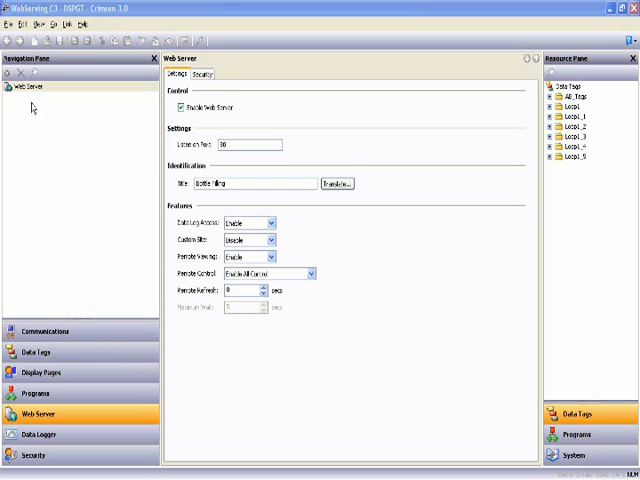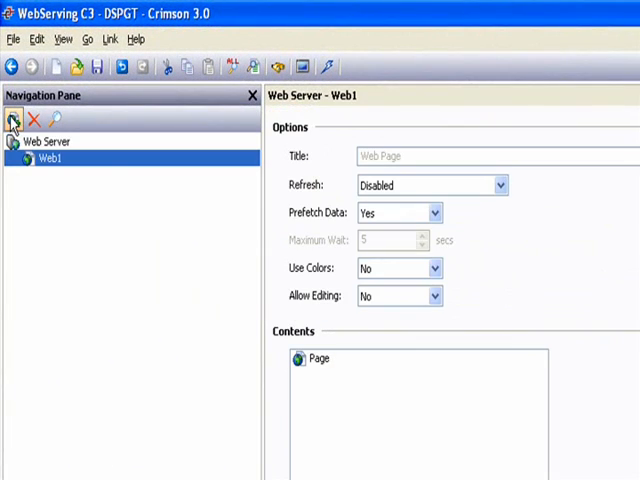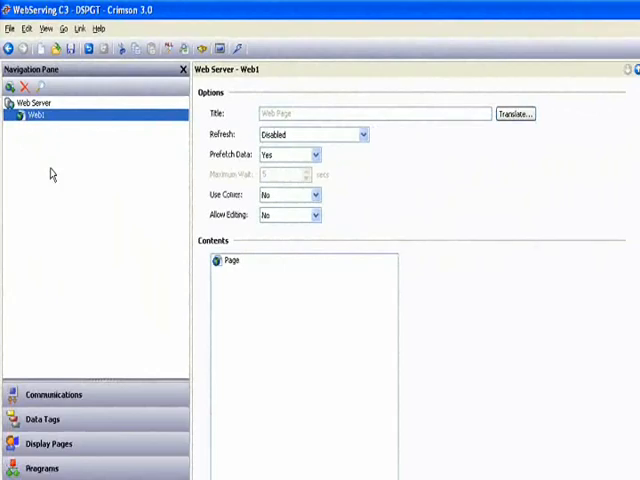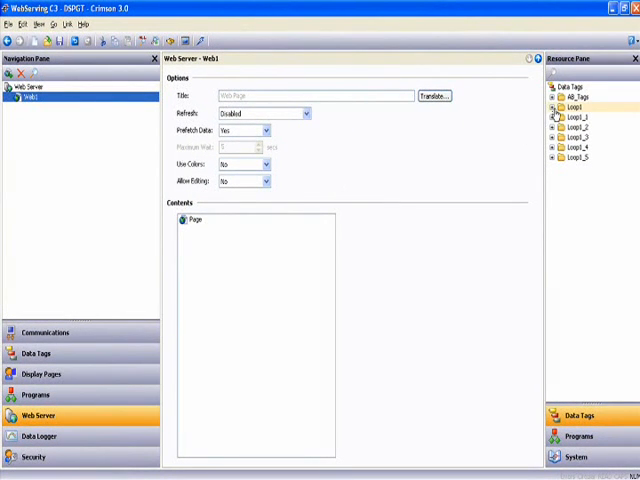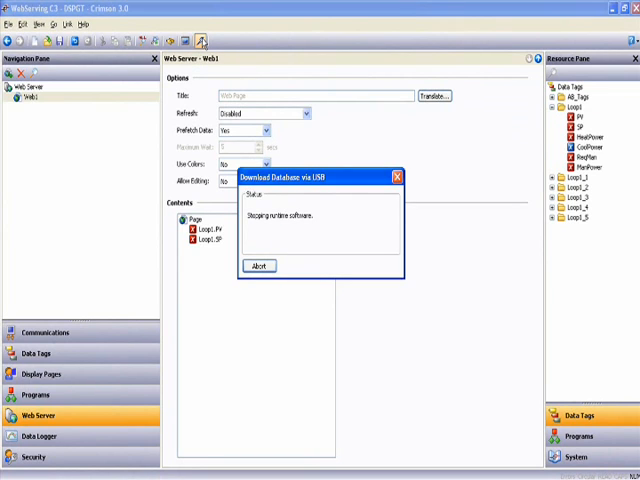What we can do to solve this little problem is create a page under the web server, or a whole list of pages if you like, and then come over here to the resource pane to the list of available data and drag onto that page what you want made available to the server. Then we download that to the data station,